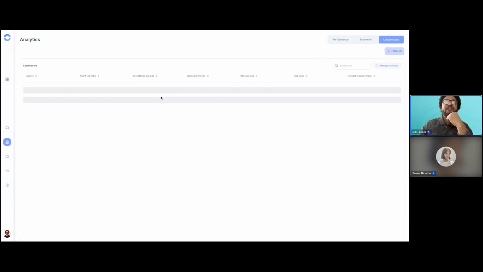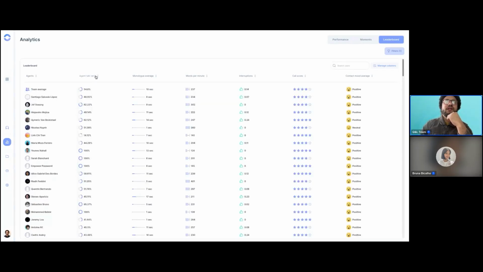So when you have the list of your users, you can click here, and then you can change if it's from highest to lowest or lowest to highest. You can do the same for the monologue, words per minute, interruptions, call score, and